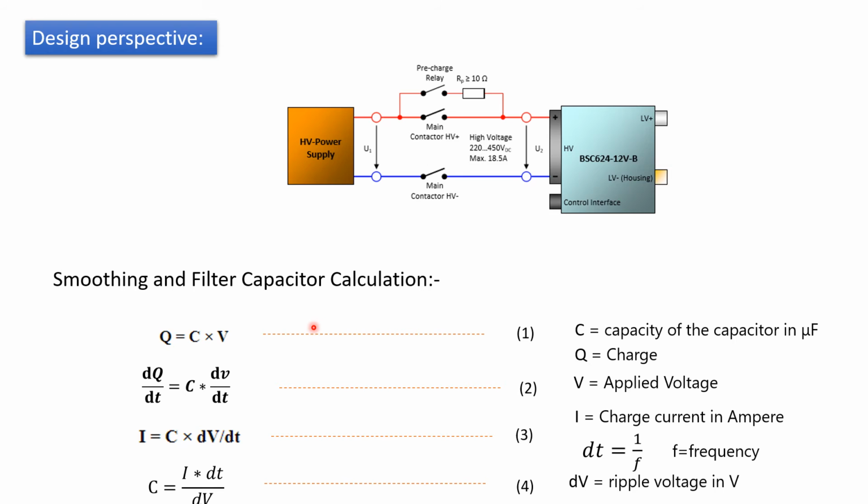It depends upon the charge and the ripple voltage. Ripple voltage is basically the difference between your starting point and your ending point. So del V is called the ripple voltage in volts. If you know the parameter I, the output current, what frequency you are operating at, and your expected value of ripple voltage, which the designer should decide, based on that you will get the capacitance value. This is the calculation for a smoothing filter capacitor.